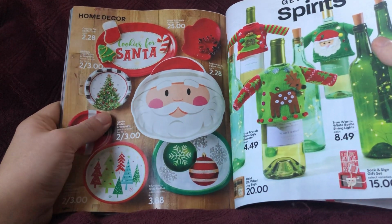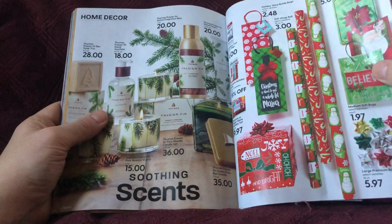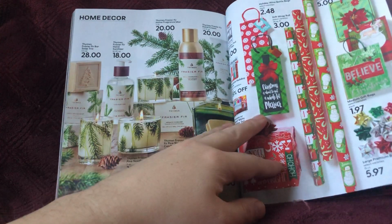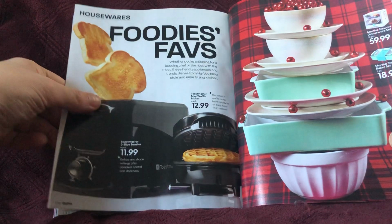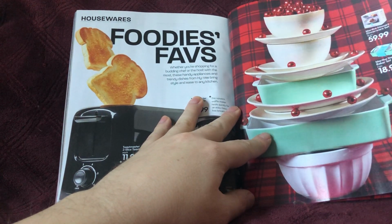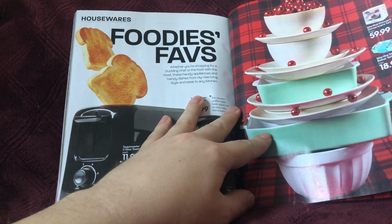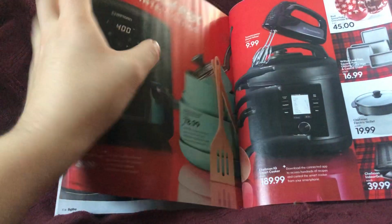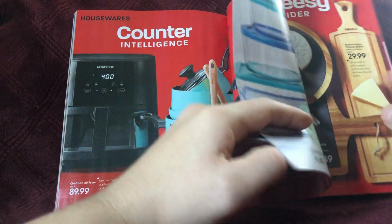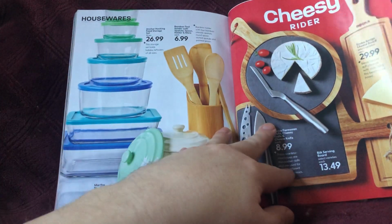All these cute ideas. Gift wrapping. Home decor. I find gift wrapping very fun. A lot of people hate it and find it a pain in the butt, but I love gift wrapping. Get your charcuterie